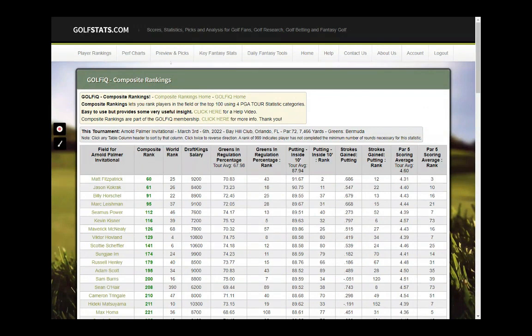So what we've compiled now is a ranking of the players in the current field using those 4 statistics. So we list the field, we list composite rank. I'll explain how that's computed. We list their world rank and their DraftKings salary. And then we list the 4 statistics that I picked in the previous screen. We list the actual number. So I picked greens in regulation percentage. The tour average is